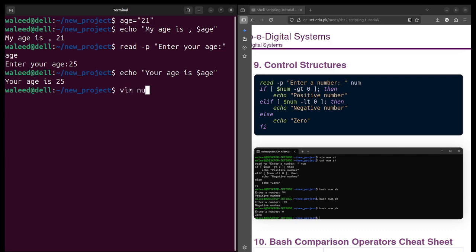Let's say vim num.sh. Note that all bash files end with .sh, as you may have noticed that Python files end with .py, in C language files end with .c, while in bash the files end with .sh.